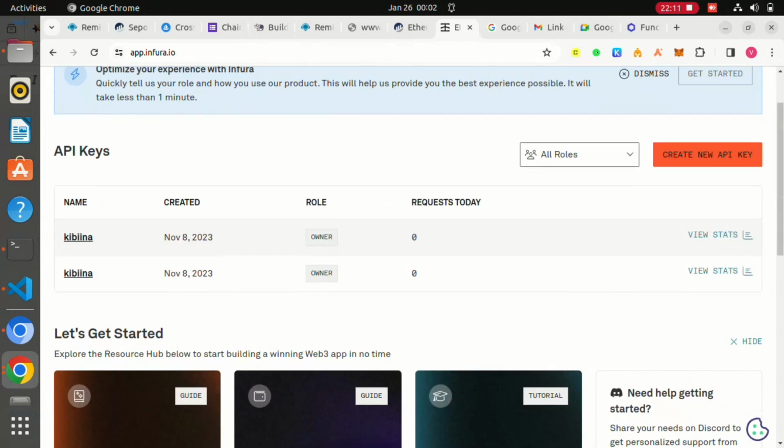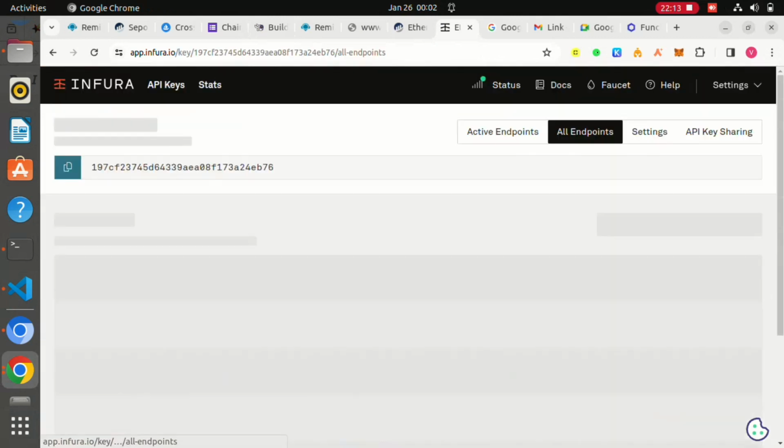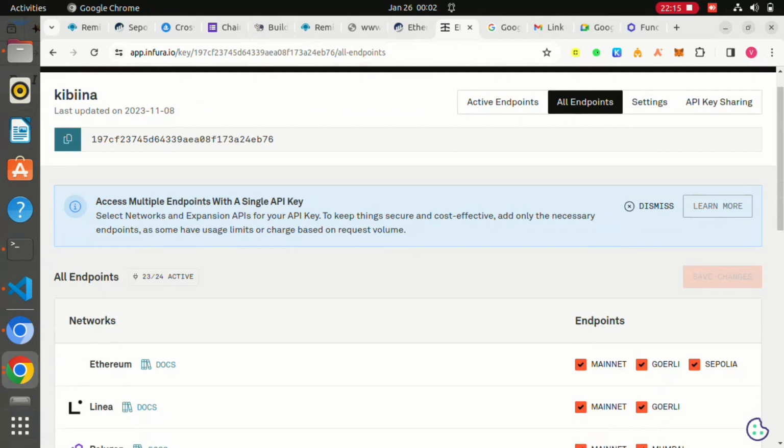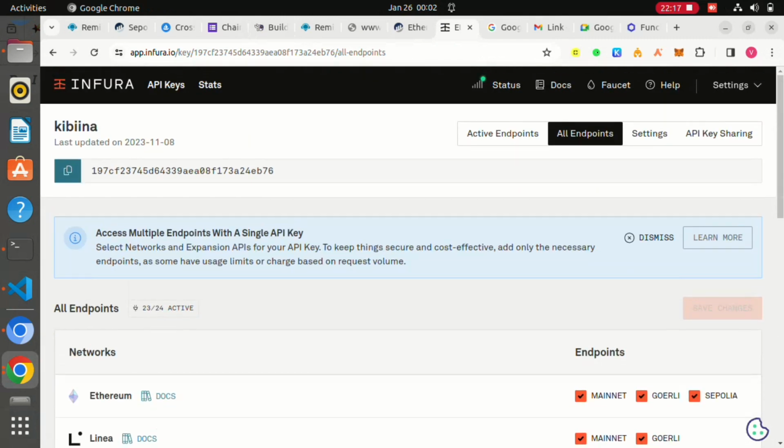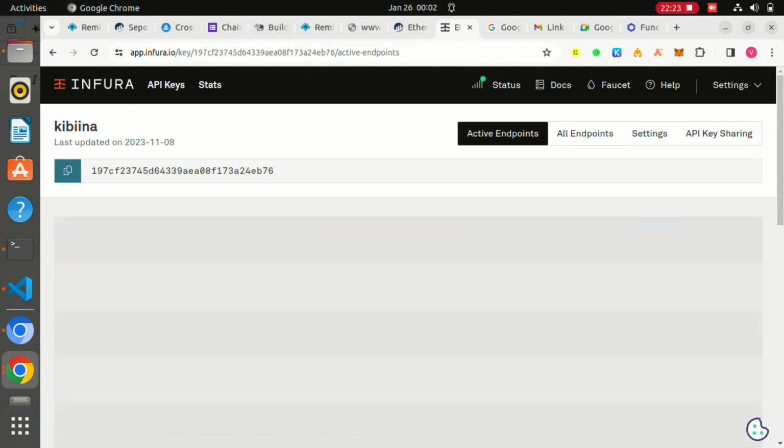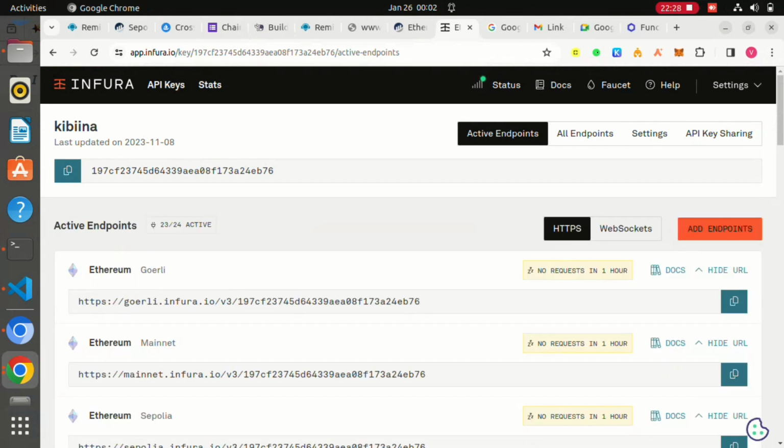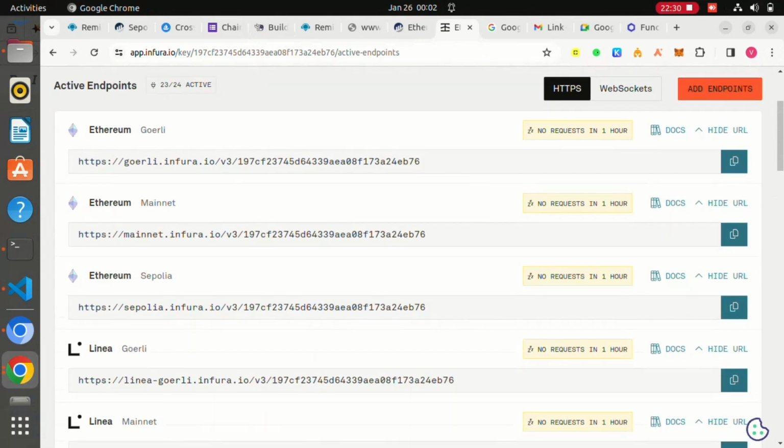Since I already created API keys, I'm going to use those ones. So you come here to active endpoints, not all endpoints, active endpoints. We are going to be using the Sepolia testnet. You have Ethereum Goerli, mainnet, Ethereum Sepolia. So I choose this endpoint,